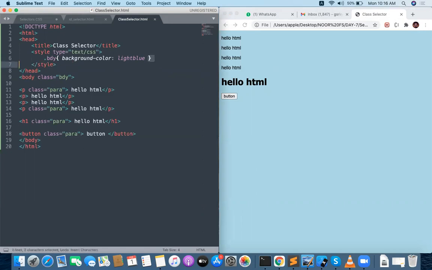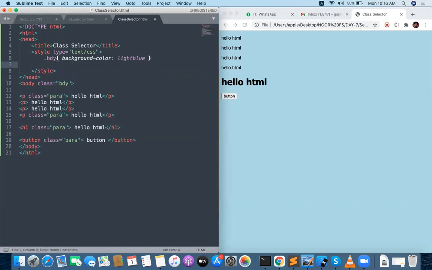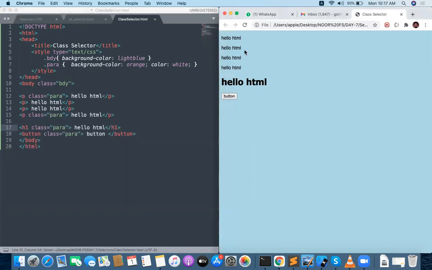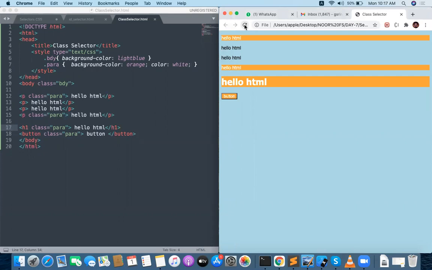For all the classes, I want to apply one style. So we will have only one class now, that is called para. Dot para you need to represent in CSS. Dot para background color will be something like orange again, and color will be white. So what I am providing is for all the para-related classes. Para is available for the first paragraph and the fourth paragraph and H1 and button. For all the classes, we want to represent one color, one style. That particular style got applied for all the classes. Can you see that now?